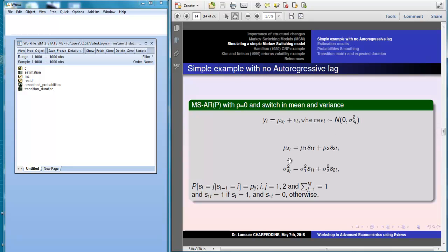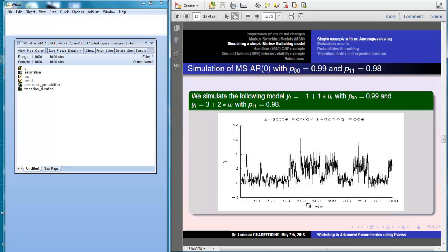In this case, mu_st is equal to mu1 S1t plus mu2 S2t, and sigma squared_st is equal to sigma1 squared S1t plus sigma2 squared S2t, and here the sum of the probability is equal to 1. S1t is equal to 1 if st is equal to 1, and S1t is equal to 0 otherwise. Okay, we start with the first example here, where yt is equal to